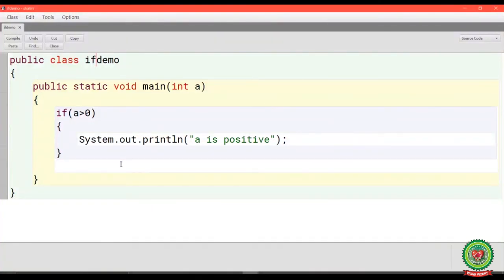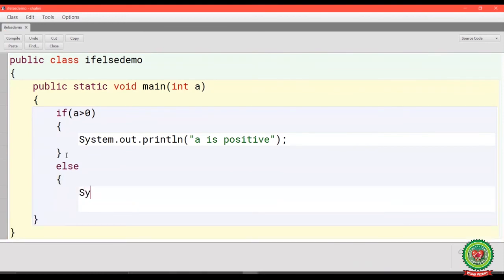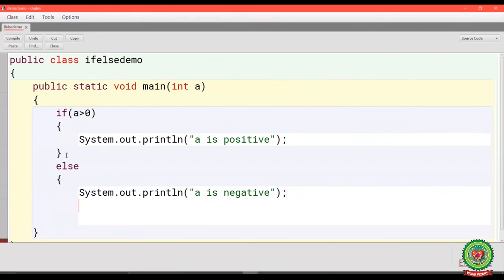For that, I am going to make the changes in the same program, if else demo. Previously, we have written the if block. Now, I am going to write the else block. Else System.out.println. What will it print? a is negative, because if a is not positive, meaning my condition becomes false, then it will print a is negative.